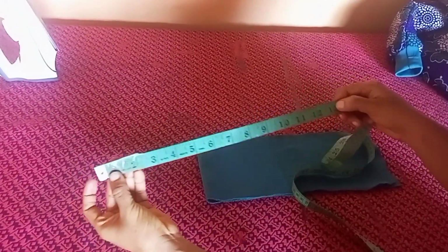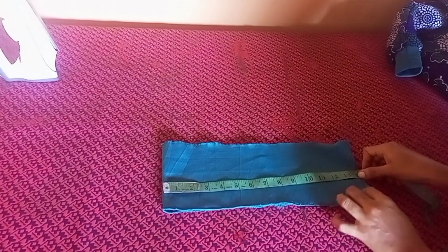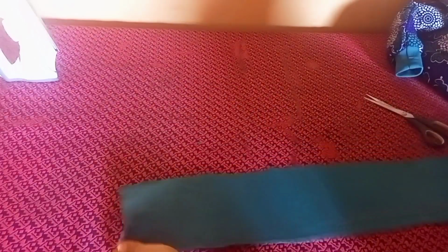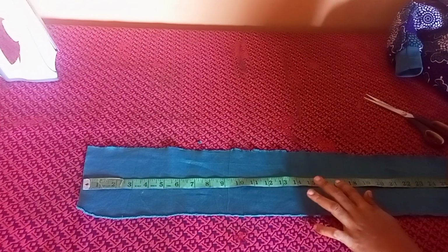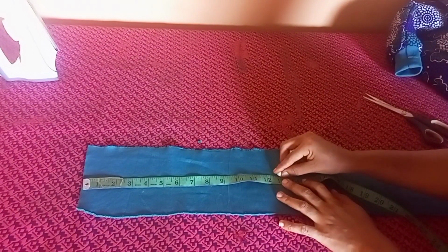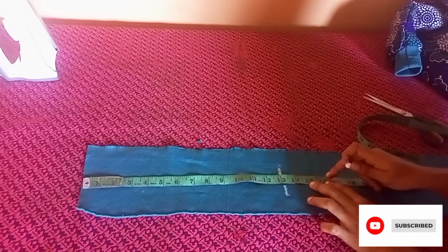Same as the wristband. The wristband, you can decide to use a 4 inches, but one thing about the rib knit fabric is that it doesn't come in yards, so you don't really need to cut off so much excess for it. Like this waistband I'm trying to cut right now, I did not trim off anything. The only thing I trimmed off is the excess,